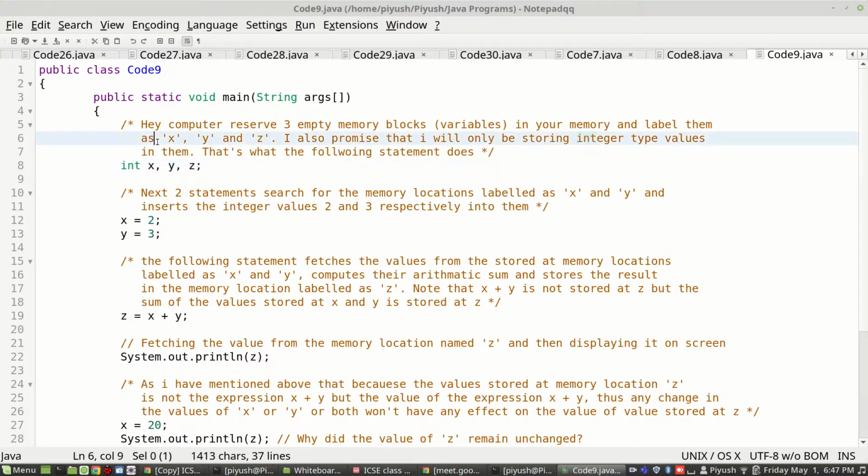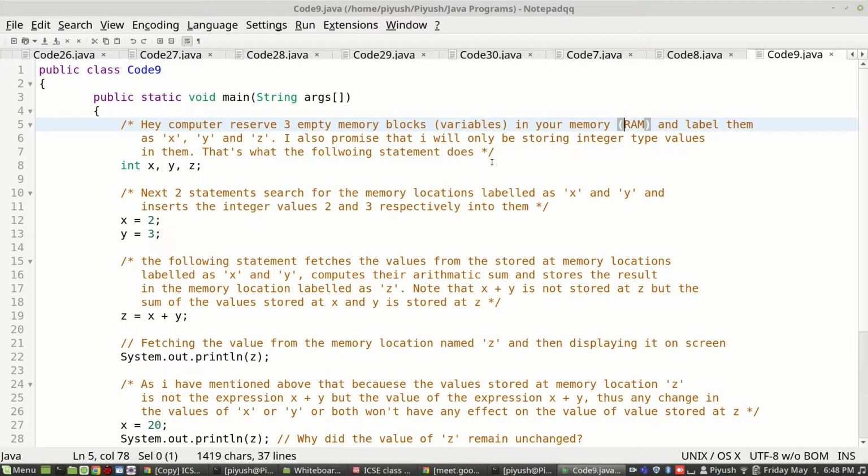So hey computer, reserve three empty memory blocks, which are known as variables, in your memory, RAM, and label them as x, y and z. I also promise that I'll only be storing integer values in them.